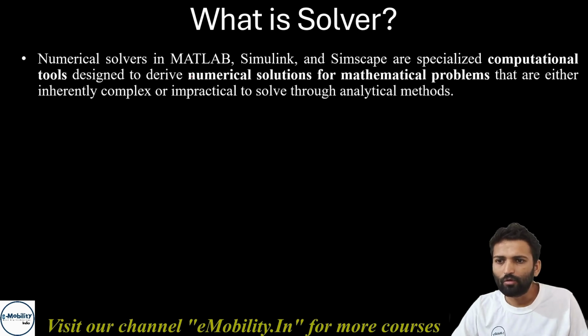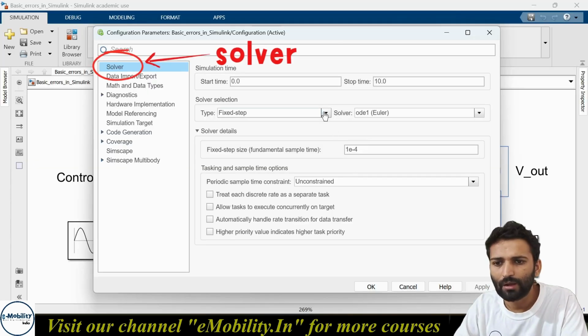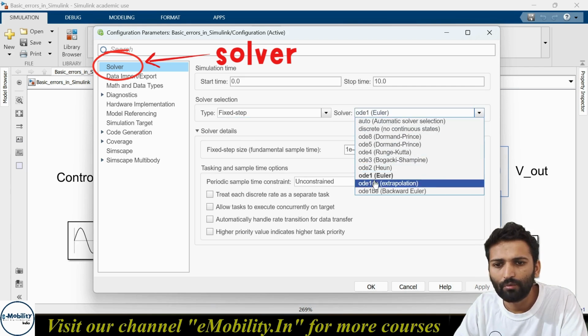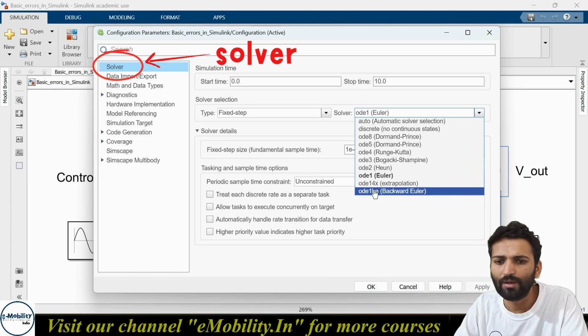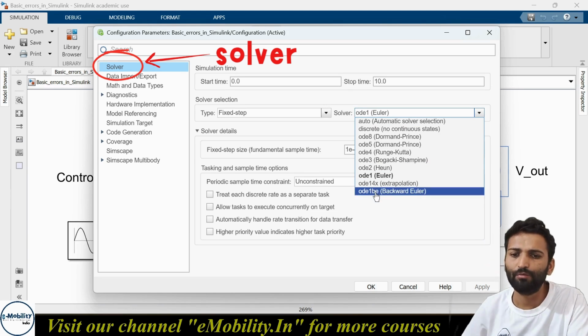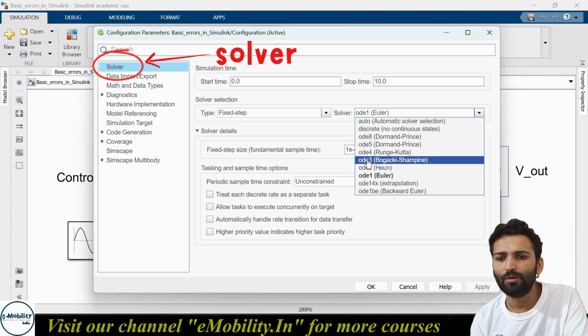A numerical solver is a MATLAB engine. Here I have used fixed step because I mostly deal with fixed step. Here we can see ODE14x, ODE1BE. These 14x and 1BE are for some stiff circuits, and mostly we'll be using ODE3.